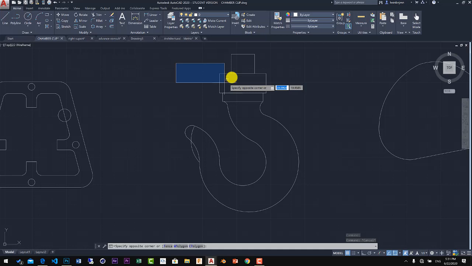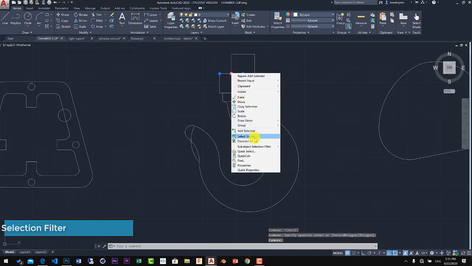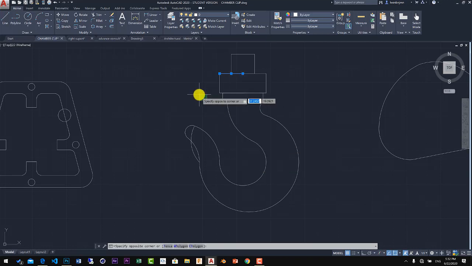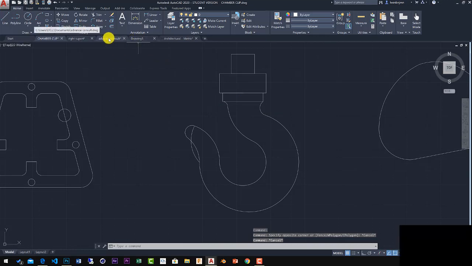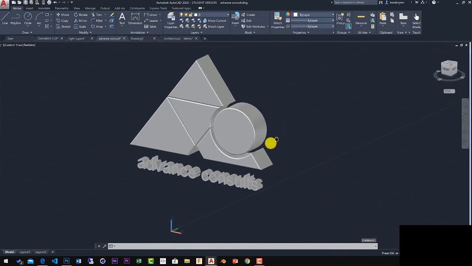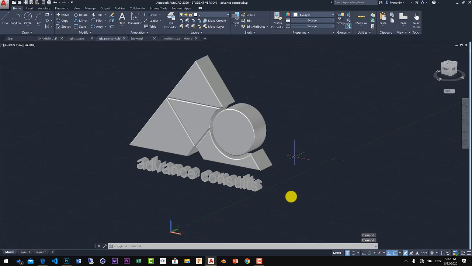The next two that's on the list is the sub object selection filter. With the sub object selection filter, it's mostly in 3D, but then you can also use it to filter your selections in 2D too. So let's take this example here. This is a 3D model of a logo. So supposing I want to apply a fillet to the edges of this logo,